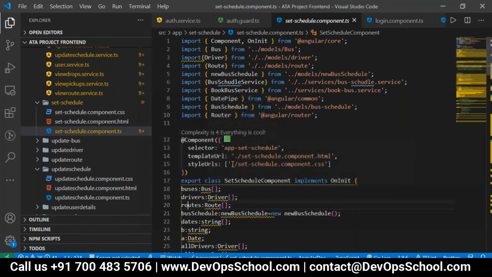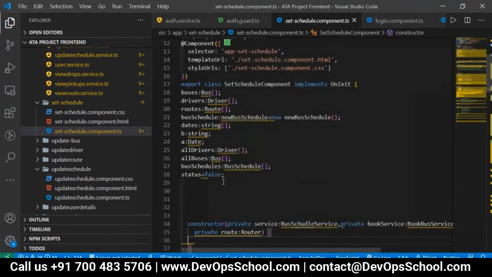So here first we have created all the arrays, which are buses, drivers, and the route array, and we created a new bus schedule object. Then the dates, which we have taken as a string array, and the positions, and all the drivers who are available, and all the buses and the bus schedule. Whenever you want to get the data